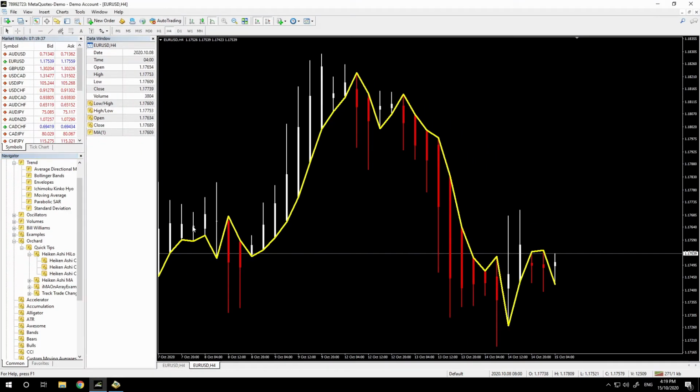And you can see that it's initially following the low, and then it follows the high on the bearish candles and goes back to following the low on the bullish candles and so on. Because it's always going to use the first value from the Heikin Ashi, which in this case is the low high, and as we've already discussed, that alternates between being the high and the low.